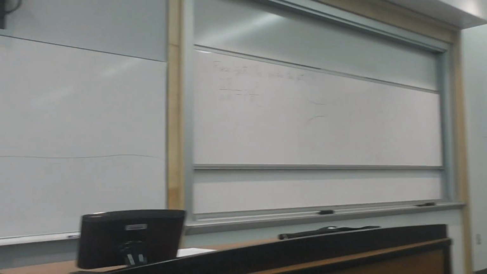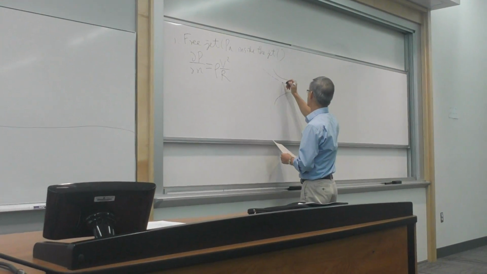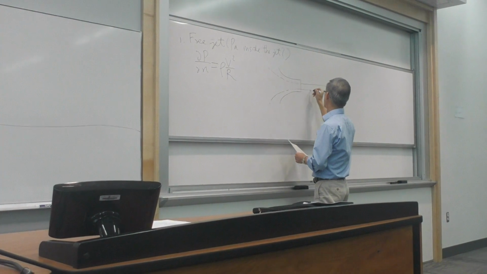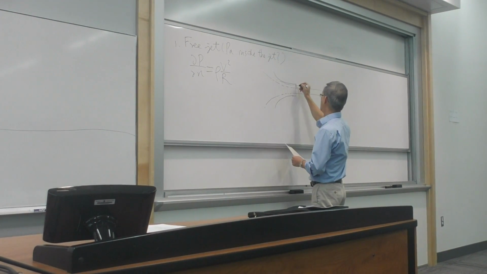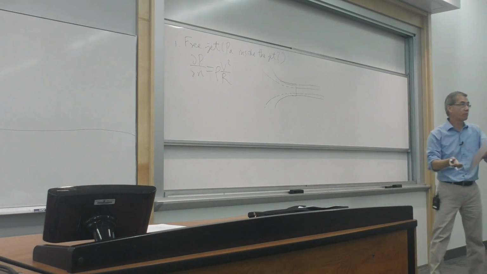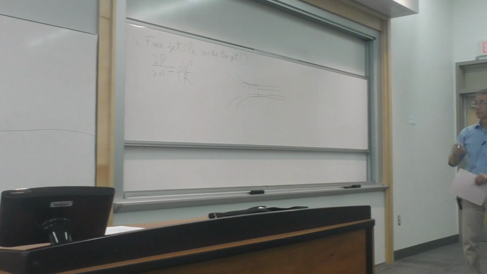Right? So my intuition tells me that the flow will follow the shape of the nozzle, which helps to confine the flow and accelerate it. So it exits with a streamline